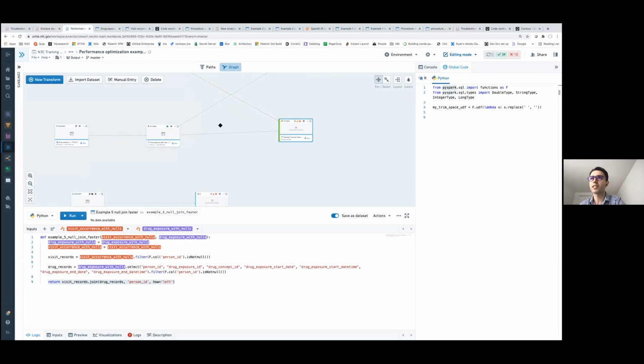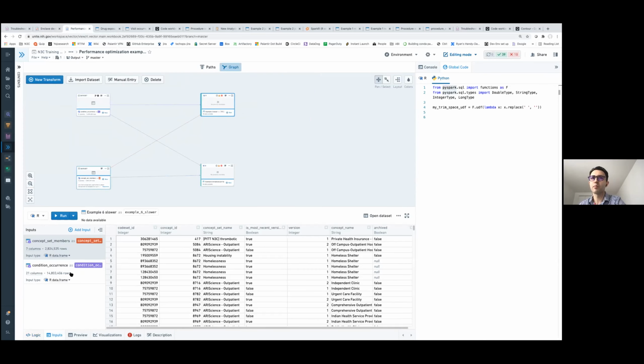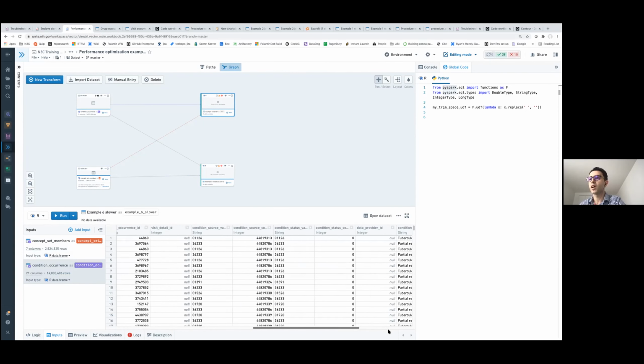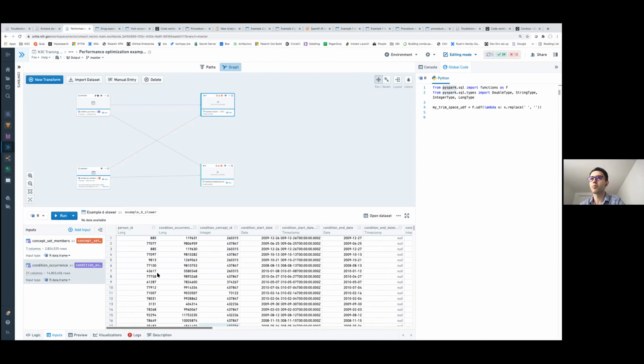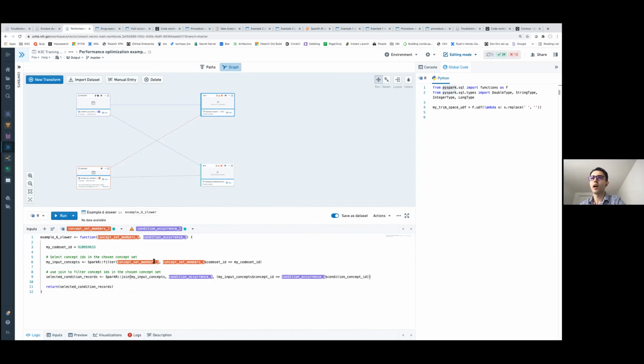And here we have an example of a broadcast join. So this is R. What I'm doing here is joining two tables: my condition occurrence table, which is the records of all the conditions per person ID, and a concept set members table in which I want to filter to some specific concepts.